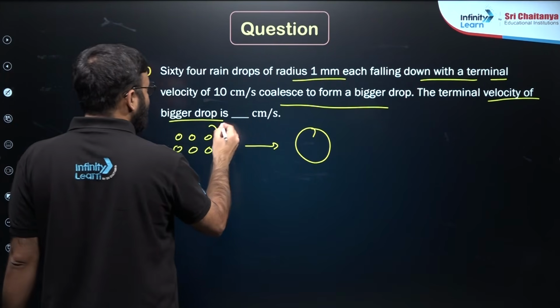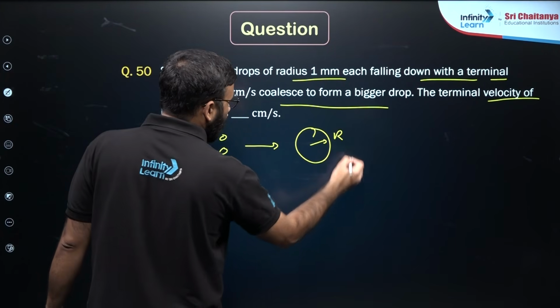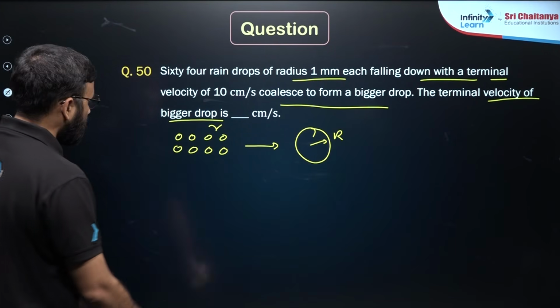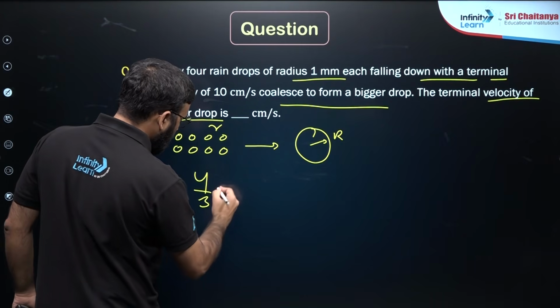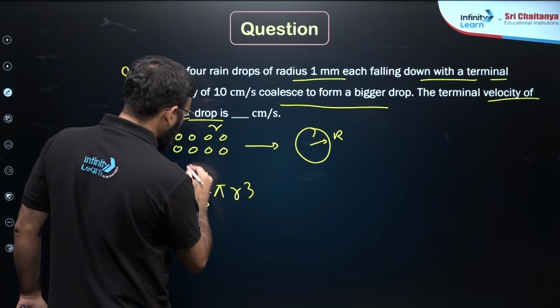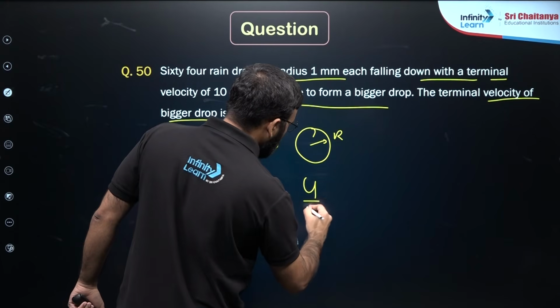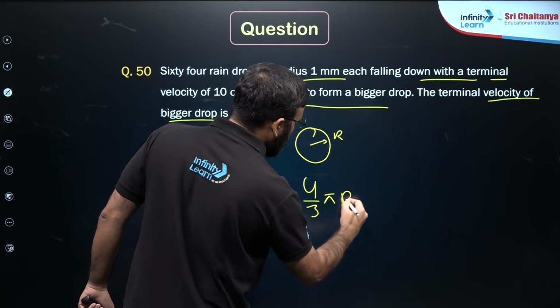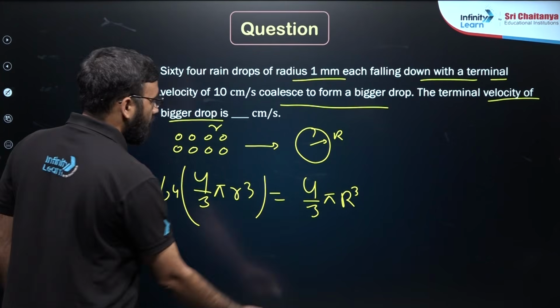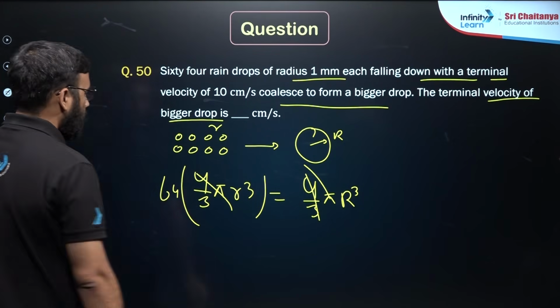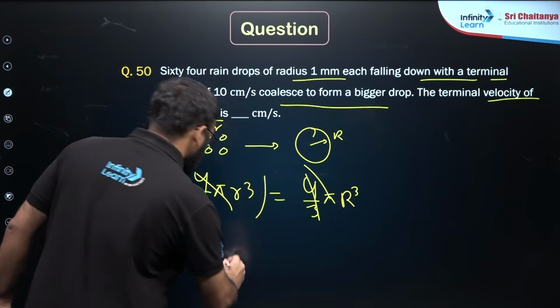So its radius is r and the bigger radius is capital R. So my volume is constant here. So 4/3 pi and the number of balls equals to R cube. Okay, so 4 pi is cancelled out beta here, and R you can get